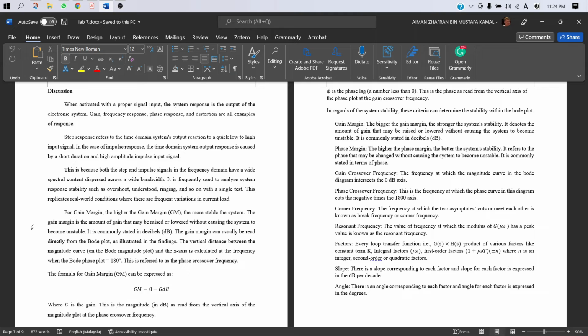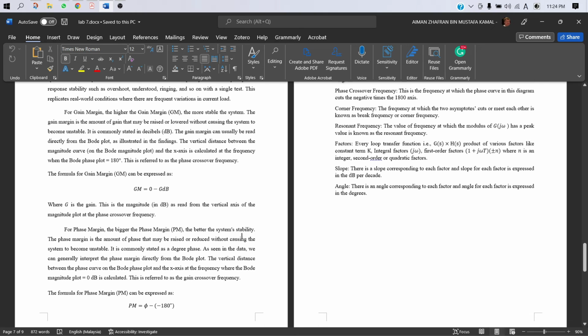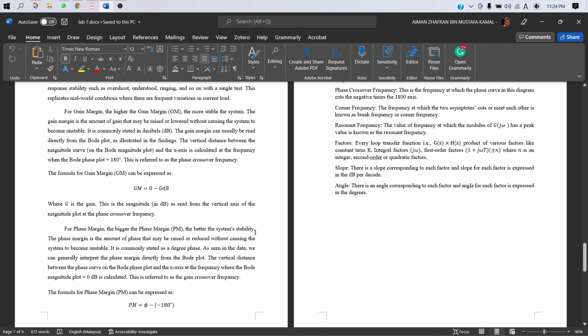The formula for gain margin can be expressed as GM equals 0 minus G in dB, where G is the gain. And for the phase margin, the bigger the phase margin, the better the system stability. The phase margin is the amount of phase that may be raised or reduced without causing the system to become unstable. It is commonly stated as a